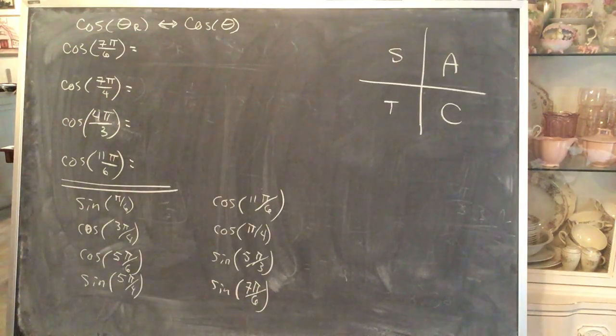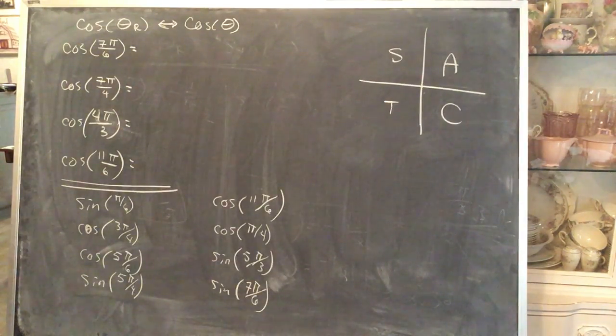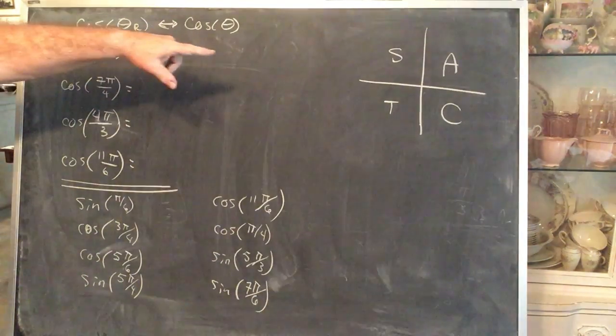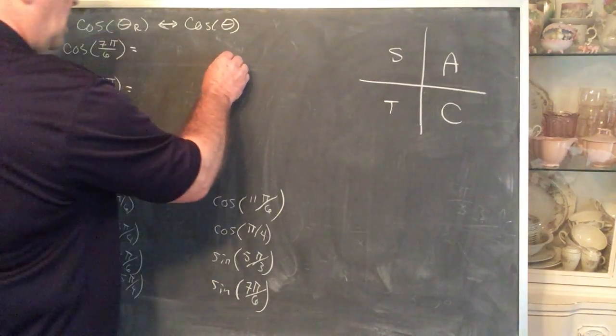All right, now let's see if we can make the same argument using cosine instead of sine. Remember that cosine of theta reference and cosine of theta are the same value except possibly for the signum. The signum we take care of with our good friend, all students take calculus, but the values are going to be the same for the theta and for theta reference. So our three triangles are,